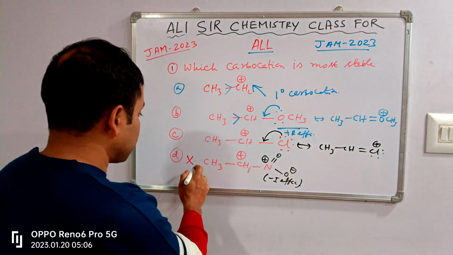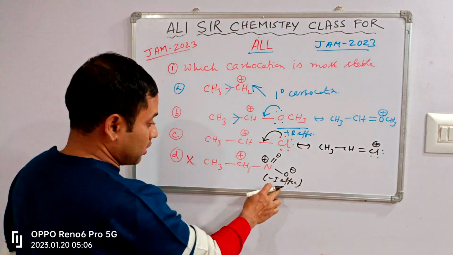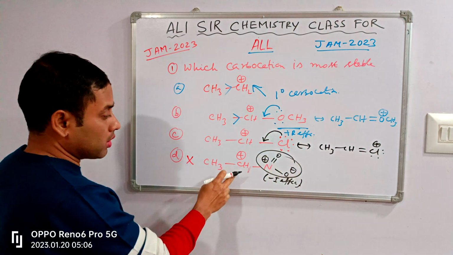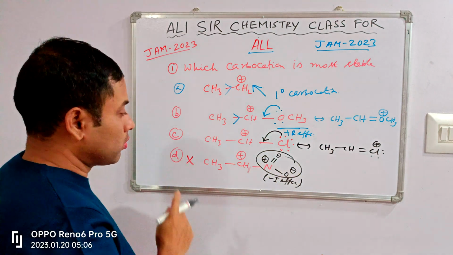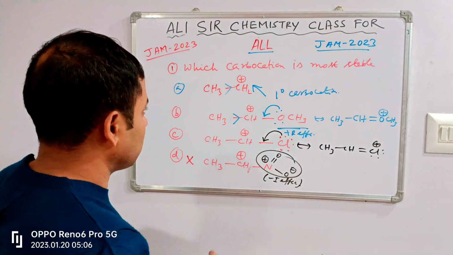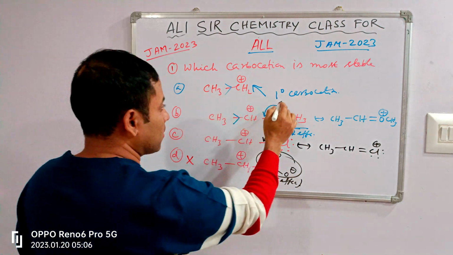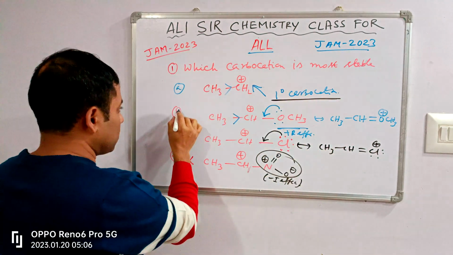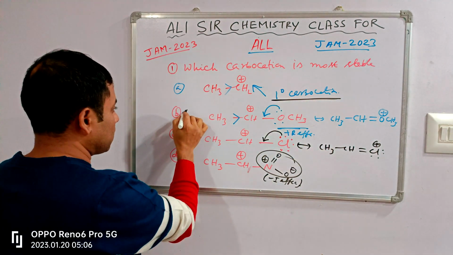Okay, so I have cancelled it out because this is the minus I effect of the NO2 group, so it will destabilize the carbocation. Now we move to the remaining three. In the first one, this is only a simple primary carbocation. There is no extra stability. But in B and C,